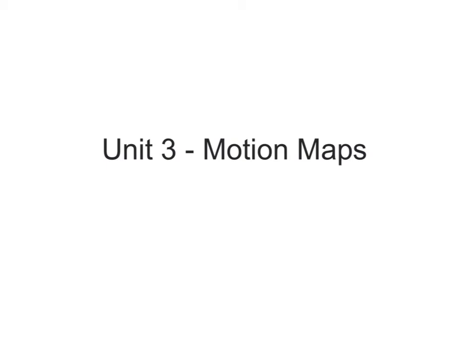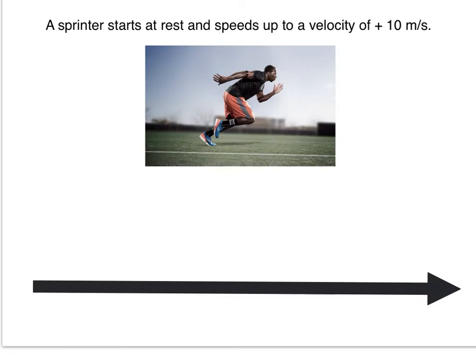Alright, so today we're going to do an example of motion maps for Unit 3 where we have something accelerating. In this problem we've got a sprinter starting from rest and speeding up to a velocity of positive 10 meters per second. So first off, a few key words that we want to keep an eye on here